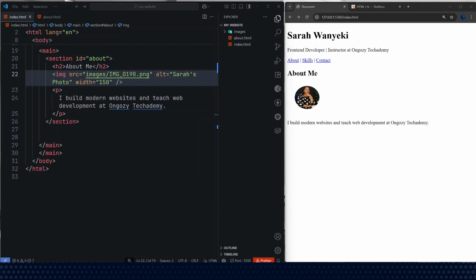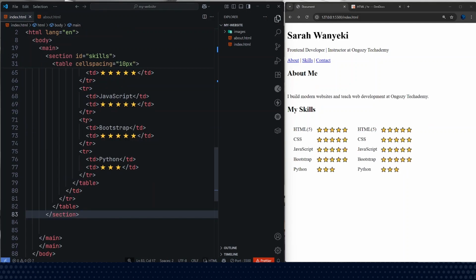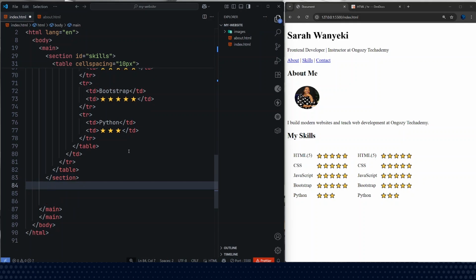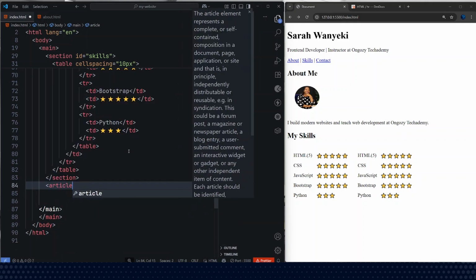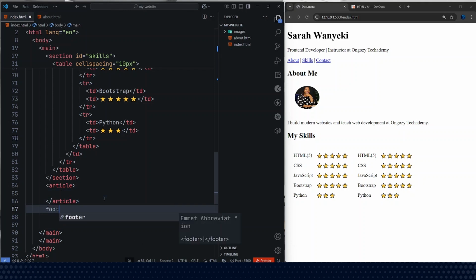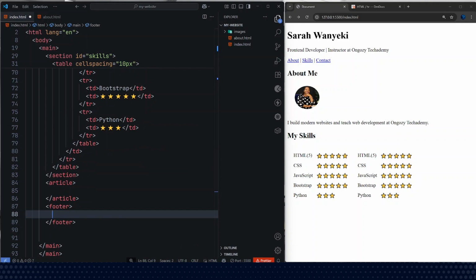I can still add another section that talks about my skills here, and I can save it. And the other portion we can have is what is called an article. Inside article, what comes in here? Standalone content like a blog. The last one, we have what we call a footer at the bottom section. In our footer, I'll have a P tag there and Control Save, and we have our footer